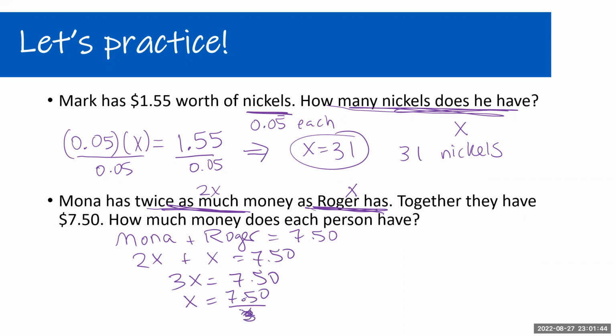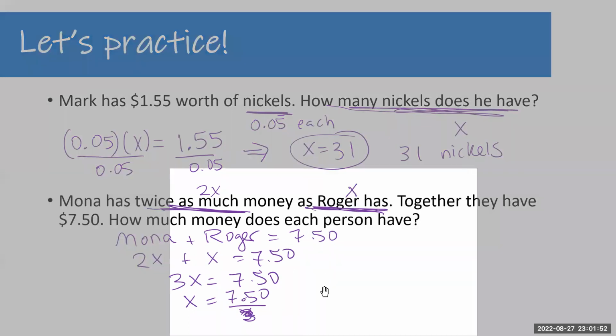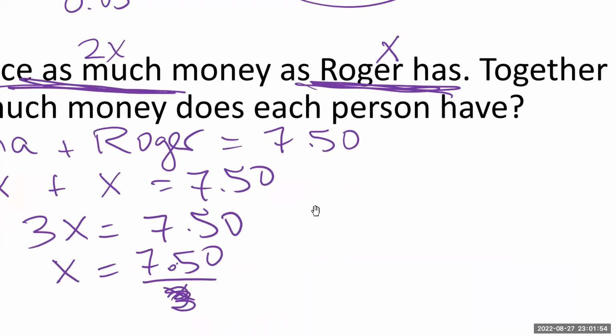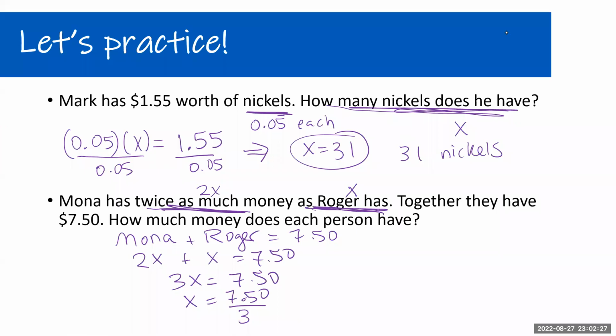Not divided by X, it's divided by 3. Let me fix that real quick. So remember, we have X equals 750 divided by 3. We use our calculator, we'll see that X is going to be 2.5. Now this is where units come into play. We're talking about money. So that's going to mean $2.50